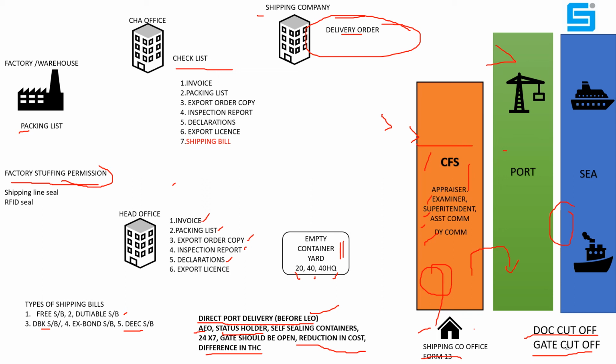So they define the doc cutoff. Document cutoff means the exporter has to hand over documents to the shipping company 3 days in advance. It depends on the shipping company; the average is 3 to 4 days. Document cutoff is there because they need time. For Form 13, you have to hand over the cargo 3 days in advance or 2 days in advance to the shipping company, so that they can move it to the port. They will take the cargo to this port so that their planning will not be disturbed.